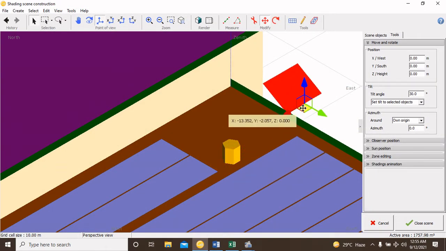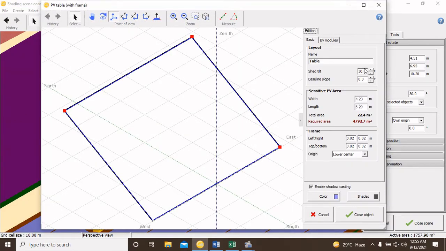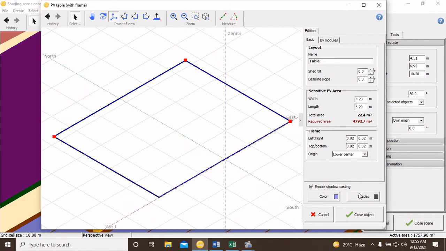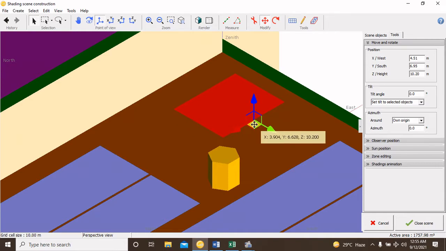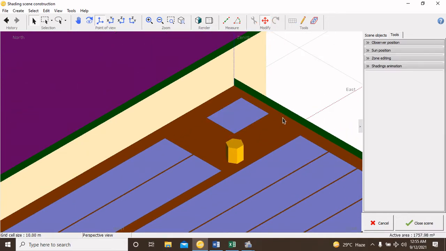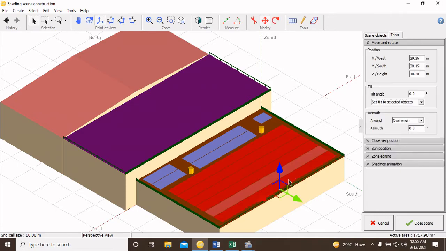The height of this object is also to be selected. It was 10.2. You will adjust it in the right direction. You can change the tilt of this one, which is also 0. It's up to you. You have to set the tilt accordingly. Okay, close. In my case, yes, I am going with a 0 tilt for all objects. Okay, this one's okay. Then the next